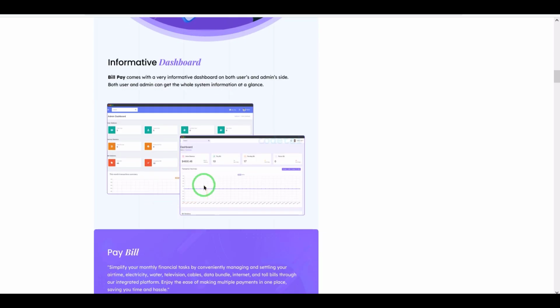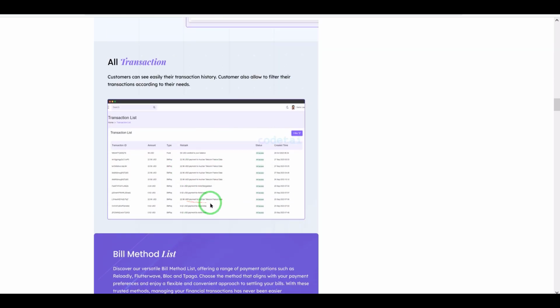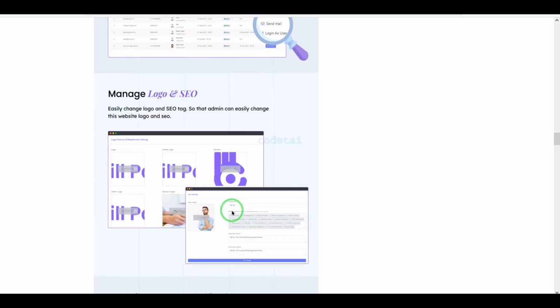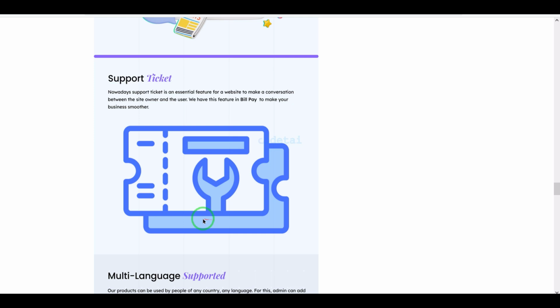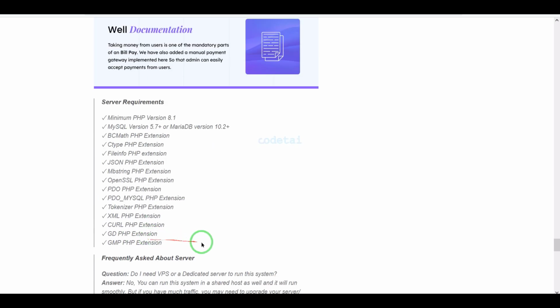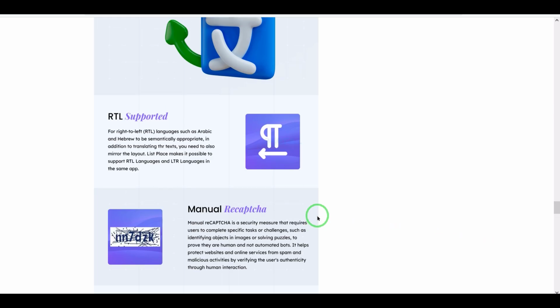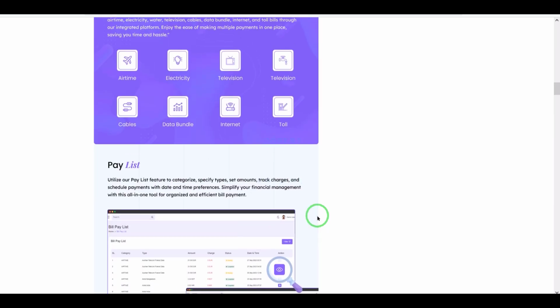If you buy this source code once, then you can use it on the website for lifetime. Also, you get source code update version for lifetime, and you can take developer support for any problem. We will also support you. If you have any problem installing the source code or any problem in customizing the website, then you can contact us. You will find all the information to contact us in the video description.